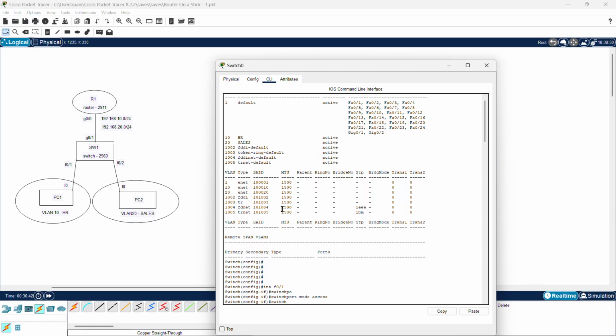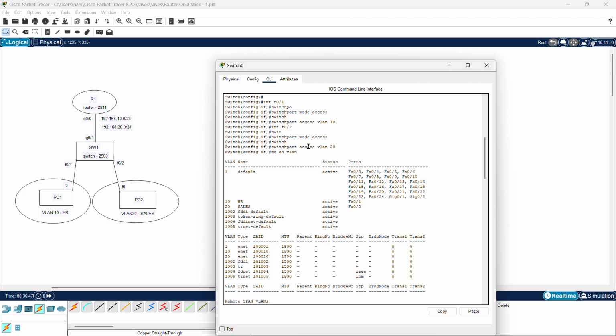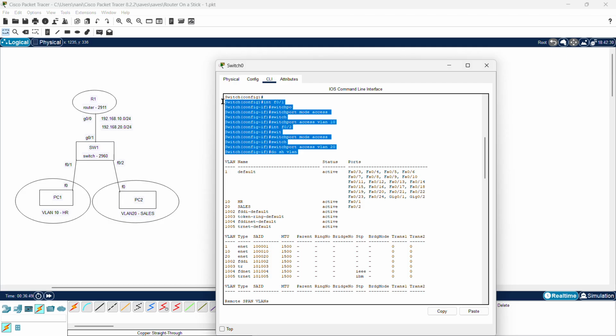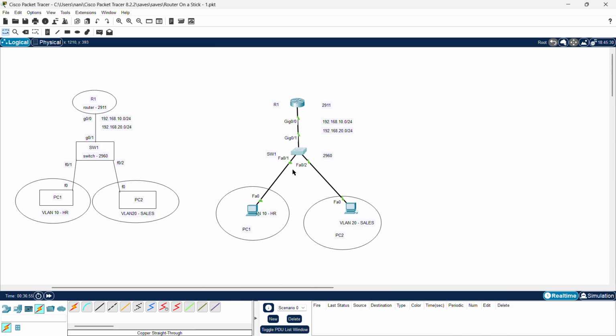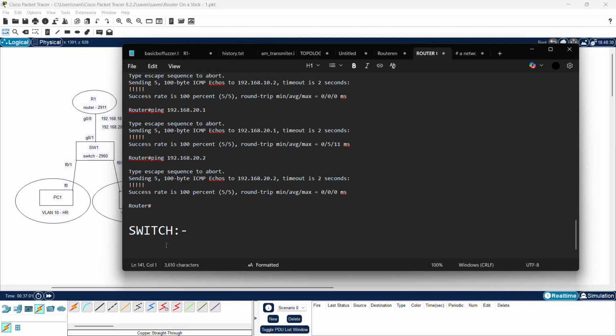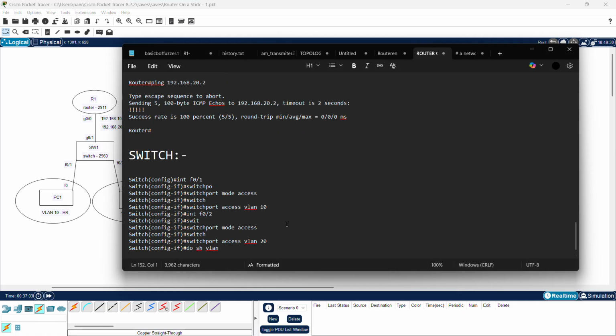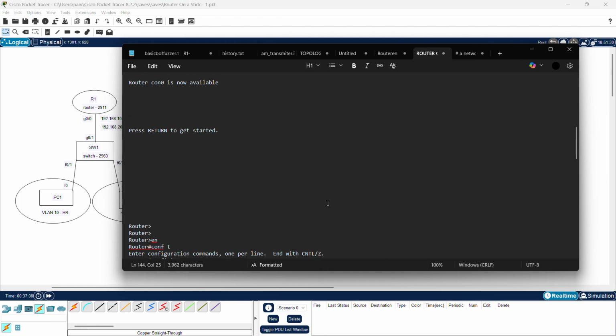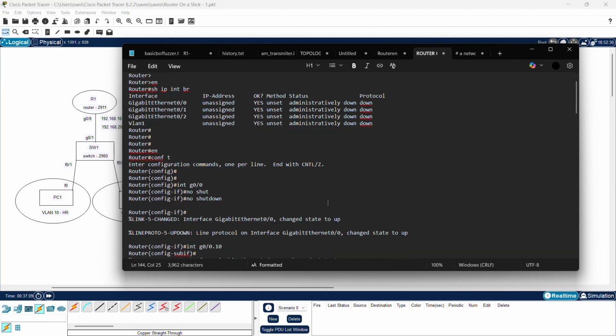And let's copy only the commands that we have done before here. And these are the commands I have configured in the switch. And right now you have all these, and if you don't want all of these extra messages,